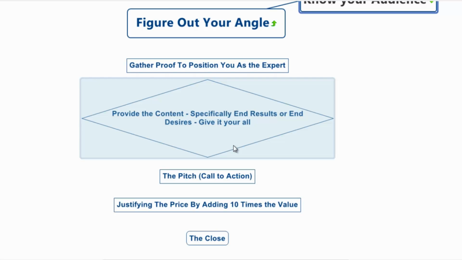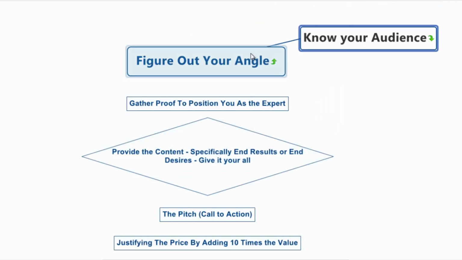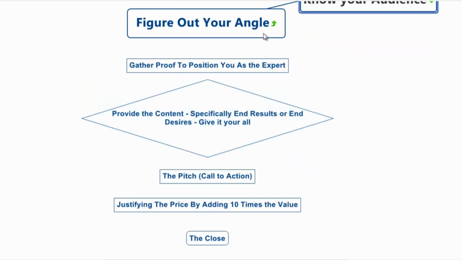And you specifically want to focus on end results or end desires, because that's going to help people let their guard down and want to actually move towards the end of the webinar. Now, you want to list all these out, list the content, break down the pitch, and then justify the price. But you want to give teasers along the way. As you're talking about your angle, you could talk specifically about the content to get people to take baby steps along the way, so that it creates the desire to really want to get to the end